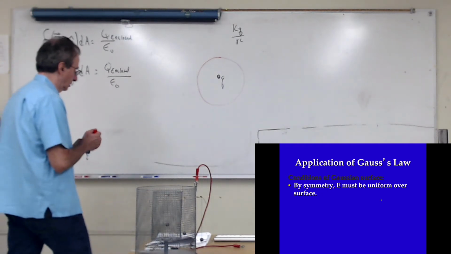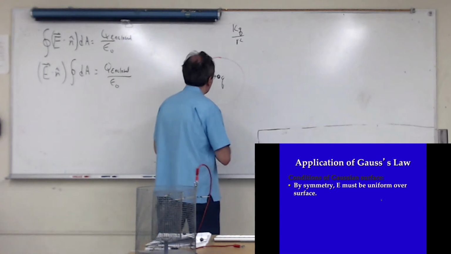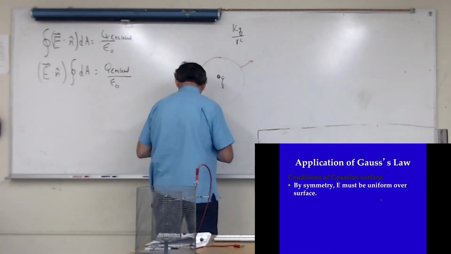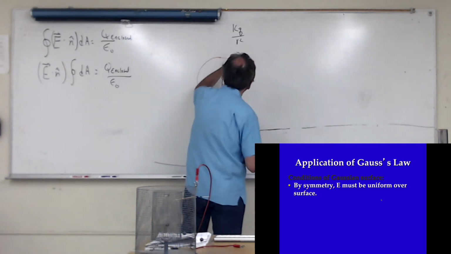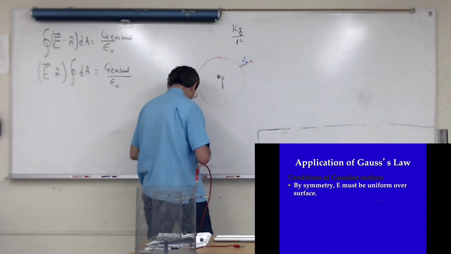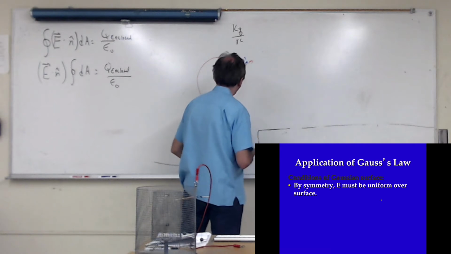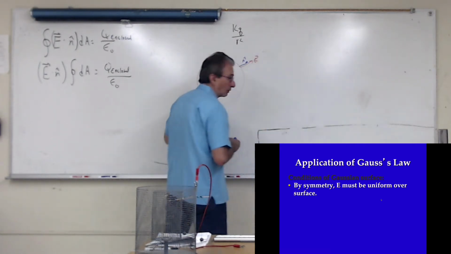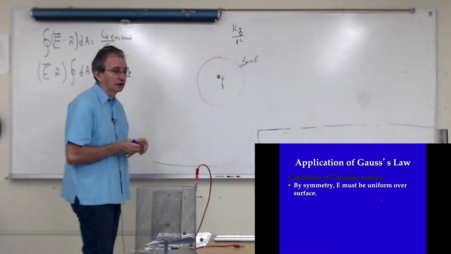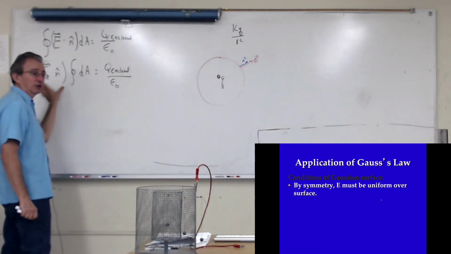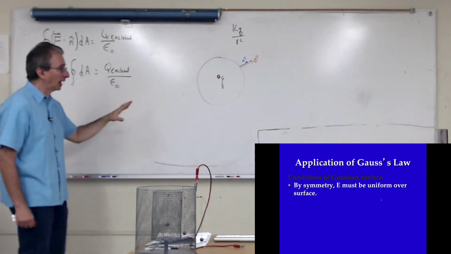Furthermore, the electric field is parallel to the normal to the surface, everywhere around the sphere. That allows me to pull the E dot n out. And so by symmetry, we need the electric field to be uniform over the entire imaginary surface